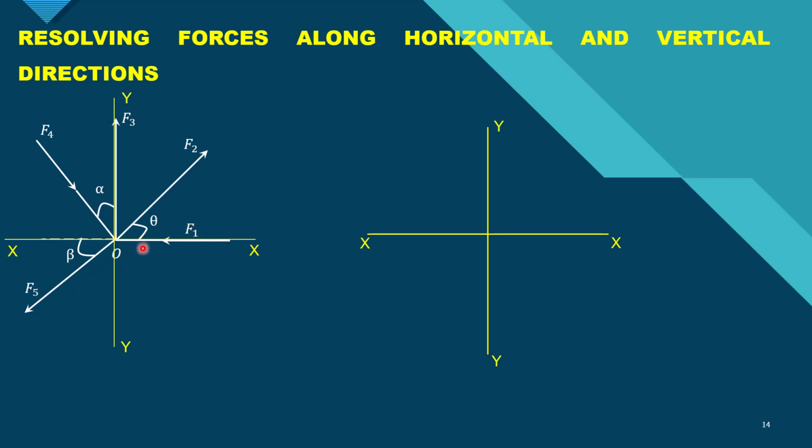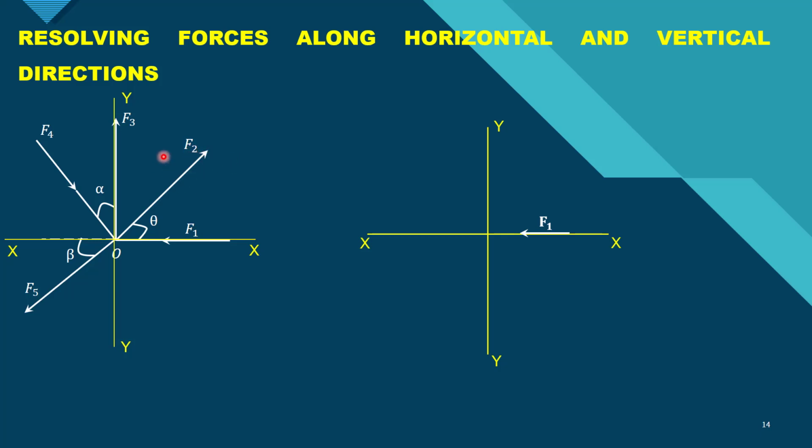So that is actually a horizontal force, right? So for a horizontal force, the vertical component will be 0. If the force is acting in the horizontal direction, there will not be any perpendicular component or vertical component. So this force you can mark directly here. So F1 will be acting towards left. Now let us take the second force.